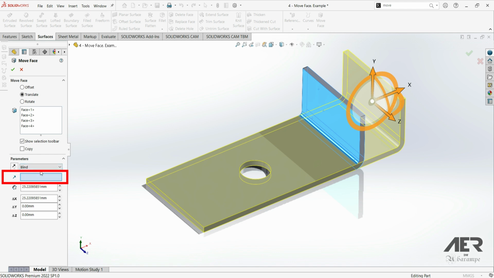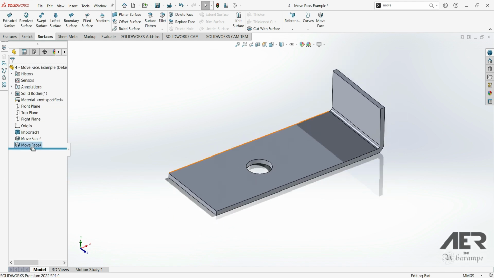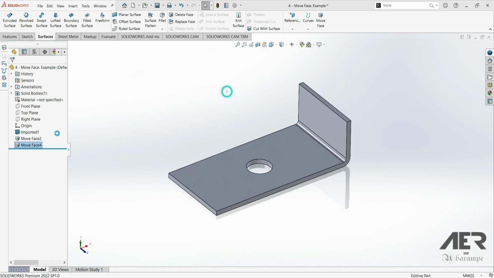If we don't want to go in the X, Y or Z direction, we can click in this box and then we can select an edge, say if we wanted to make the translation at an angle. And then I'm just going to delete the offset feature so we can have a look at the final option,